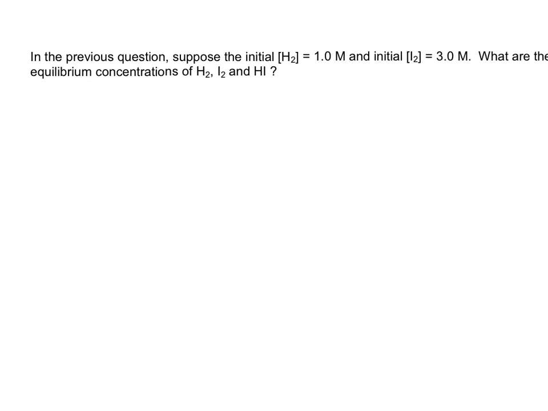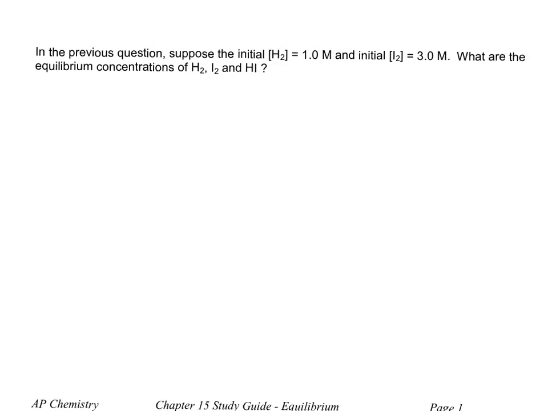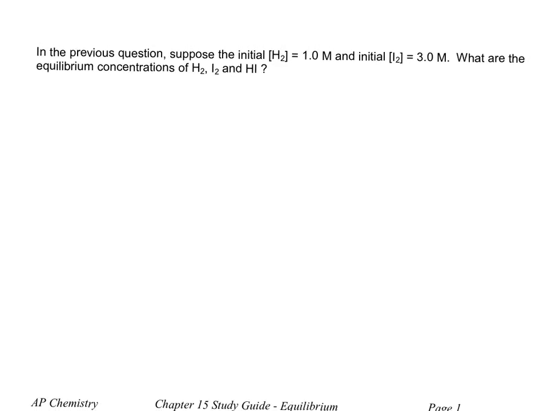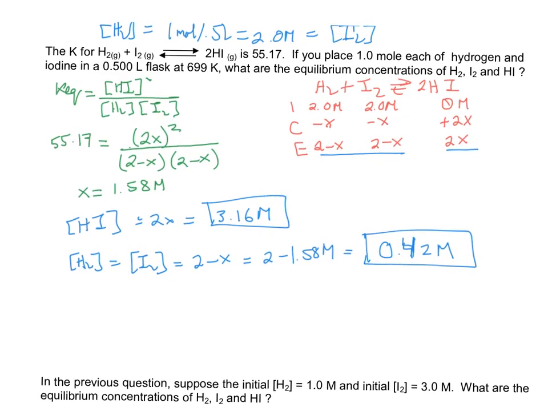So the next one says, in the previous question, so we're still talking about H2 and I2 forming HI. Suppose that the initial concentration of H2 is 1 molar and the initial concentration of I2 is 3 molar. So they are different concentrations. What are the equilibrium concentrations of, again, all species? So it's exactly the same question as the previous one, except right here your initial concentrations are different. One of them is 3 molar and the other one is 1 molar,